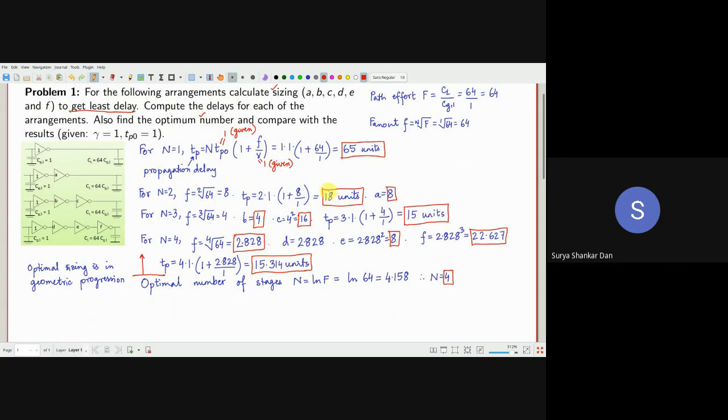If you notice that you are sizing in such a way, because this is the part which is already given in the question. So this is case number 1, case 2, case 3, case 4. So given these circuits, what should be the sizes such that you obtain the minimum delay? That was the first part of the problem before this, okay, from here to here.